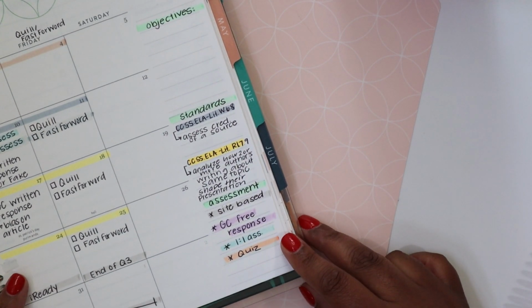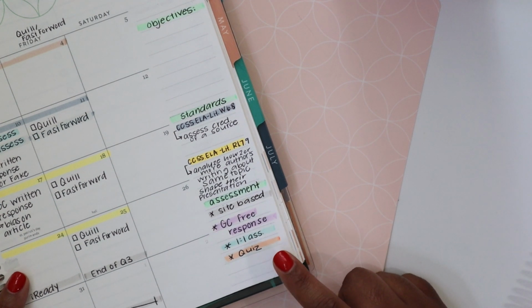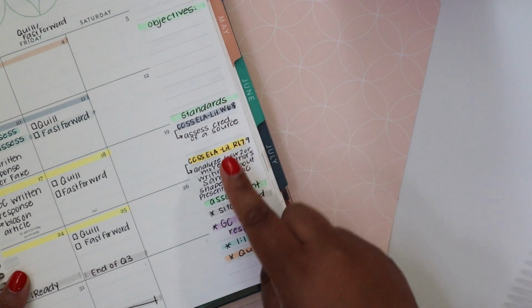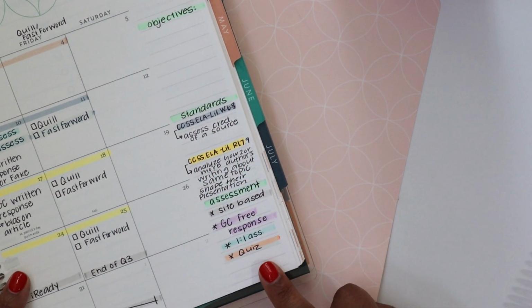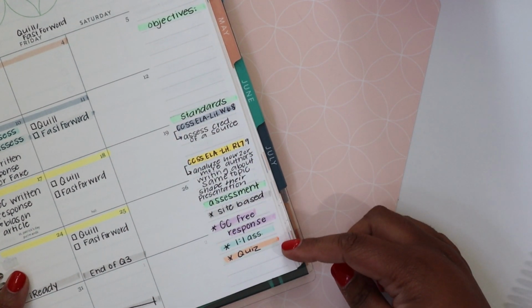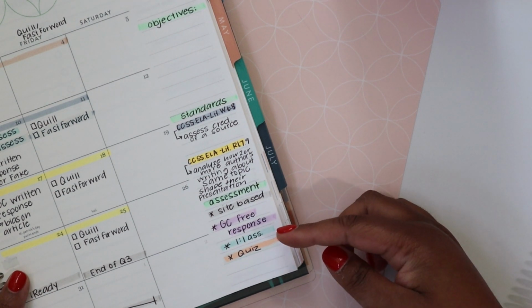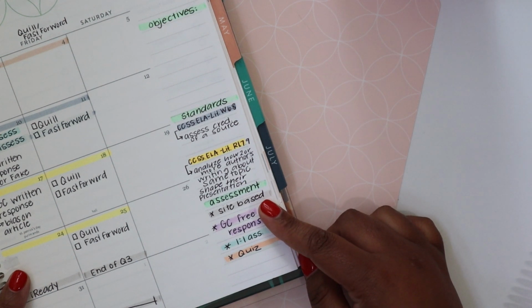And then in the final box down here is assessment. How will you be able to show proof that the student is able to complete the task or has mastered the standard? How will you be able to determine if they're able to do that or not? I have a few different types of assessment here. I have a quiz, a one-to-one verbal assessment, free response, written answers, and then I also have site-based